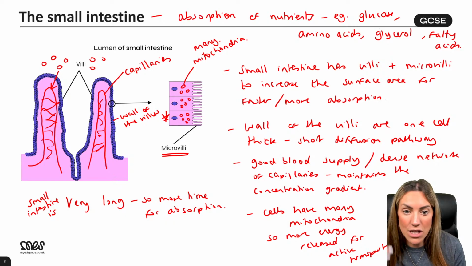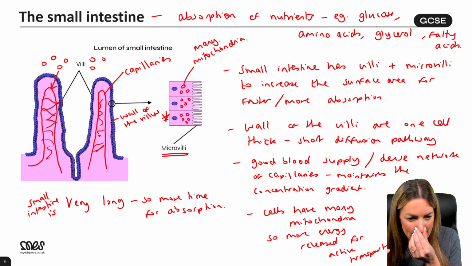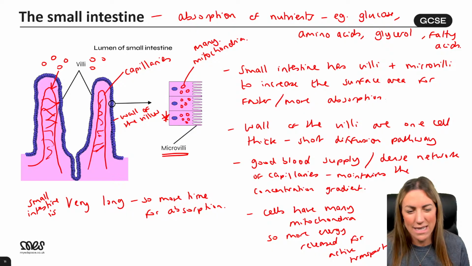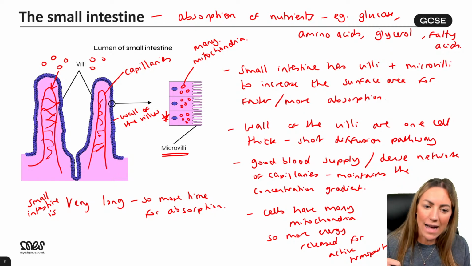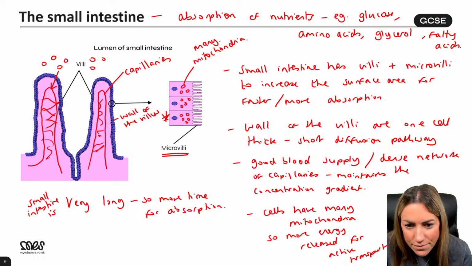These are, I don't want to call them predicted topics, Fatima, but based on my analysis of the last 6 years of papers, these are things that either haven't come up for a while, didn't come up last year, things that potentially could come up, like the lungs and the alveoli came up last year, so maybe the small intestine could come up this year.